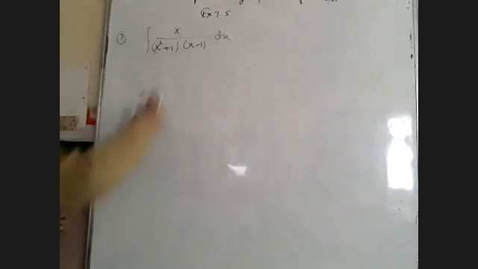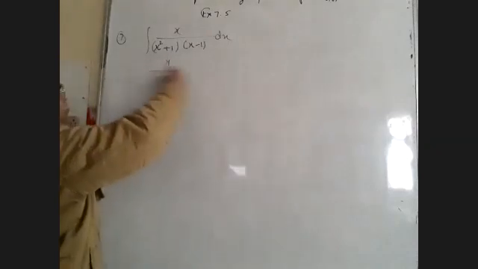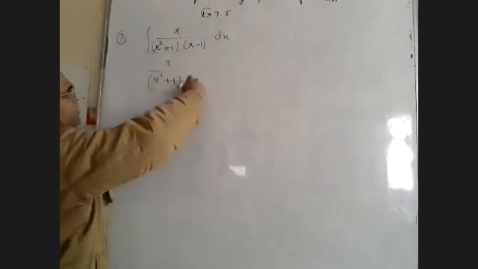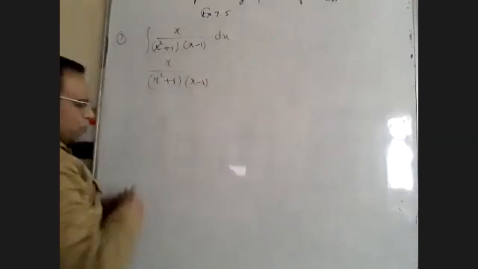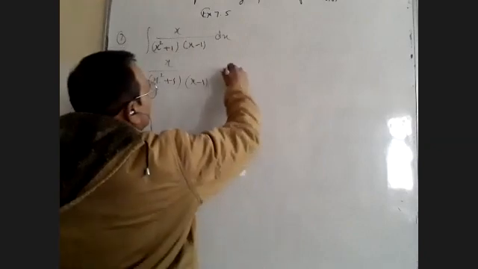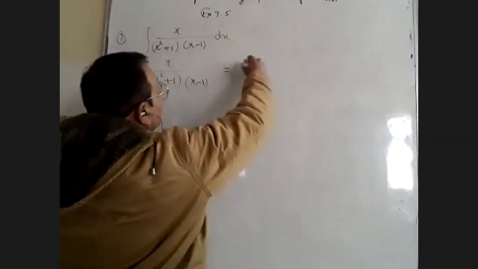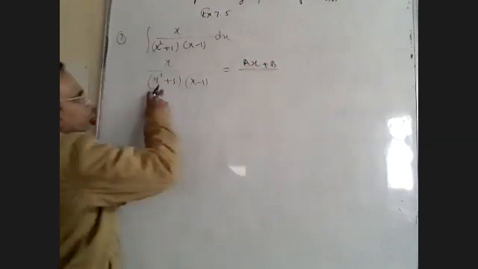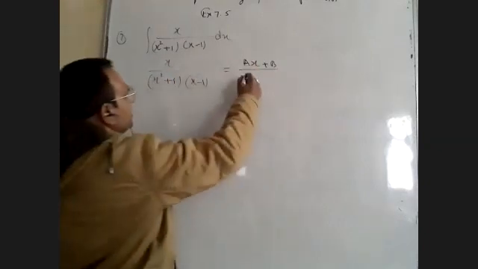So you have to find the value of a and b. You have to write this fraction in this form. A upon ax plus b. Because it is in quadratic form, so you have to assume in the linear form x square plus 1